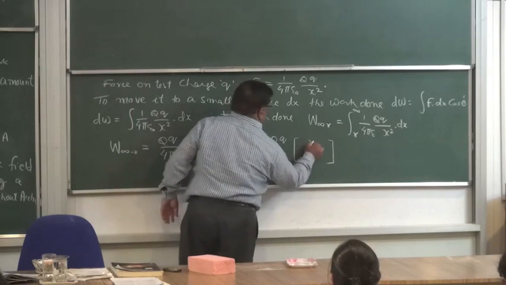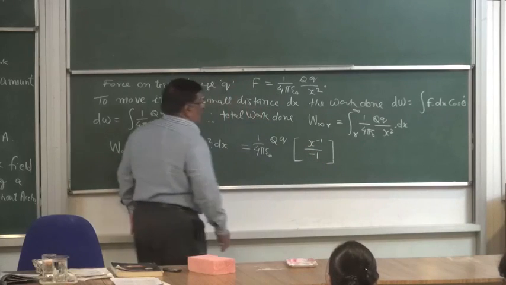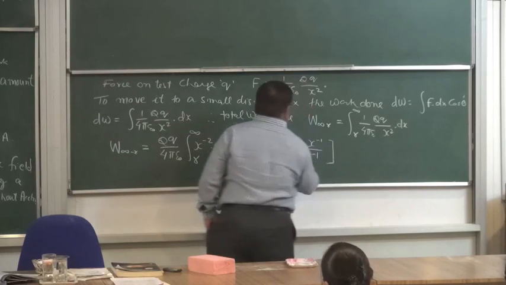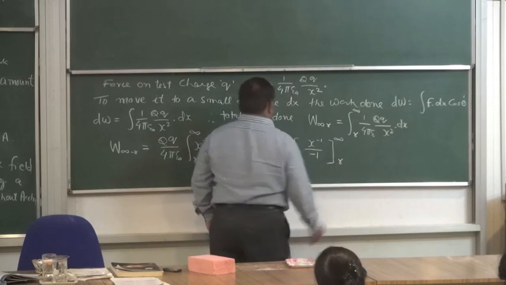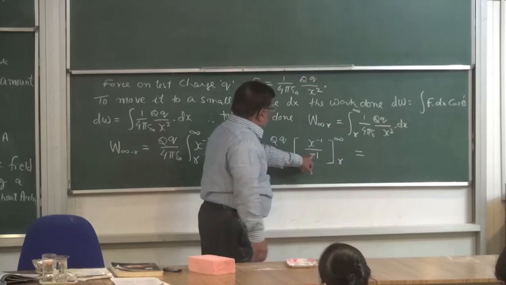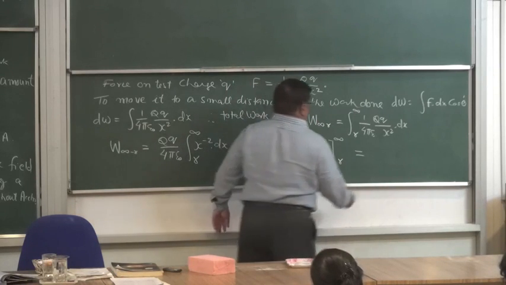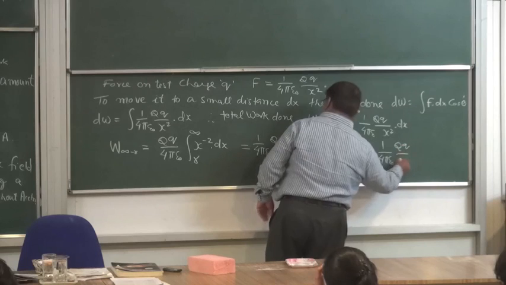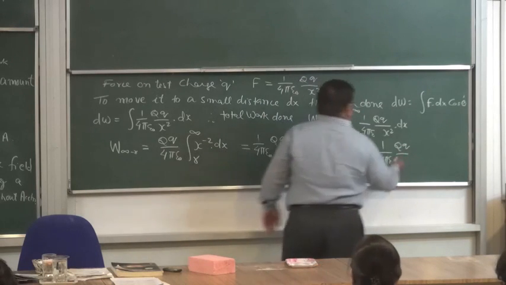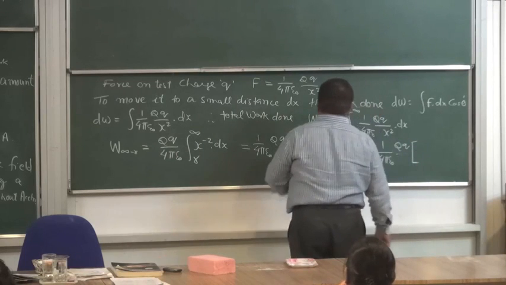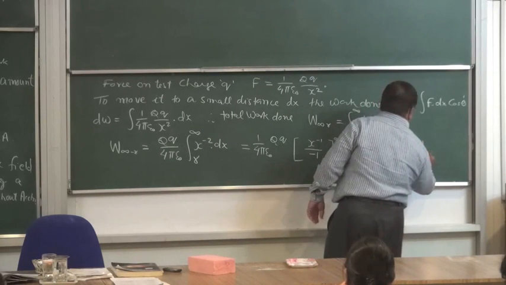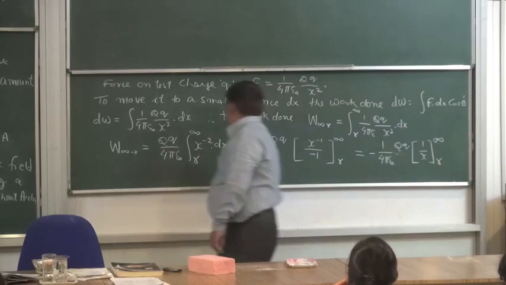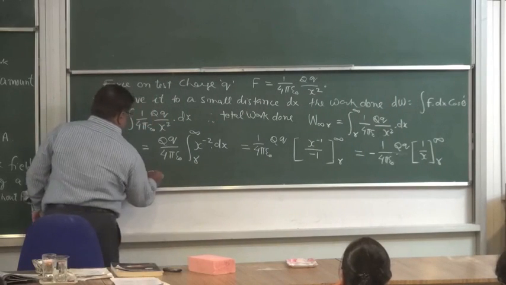So x to the power minus 1 upon minus 1. This is infinity to R. This is equal to minus 1 upon 4 pi epsilon naught q, and in the bracket we have 1 upon x, infinity to R, that is equal to